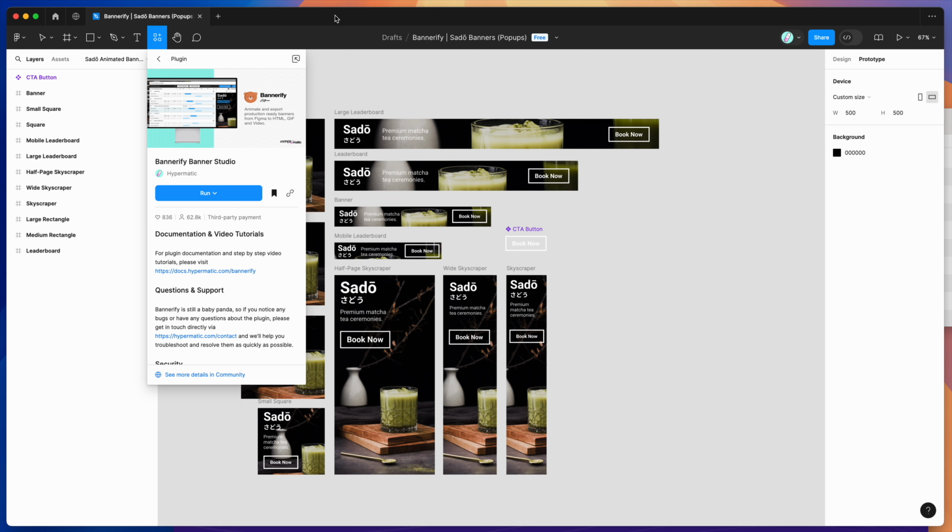So to get started, all we need to do is go to our Figma file, just go up the top to the resources icon here and click on that. And then you want to search for Bannerify. And under the plugins tab, if you click on the Bannerify result, you can run that plugin by either